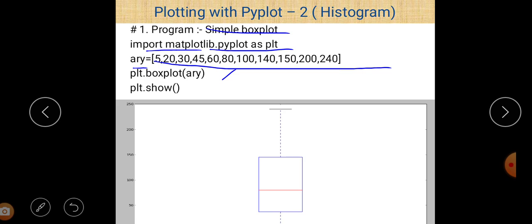So this is the default box plot, and other parameter values that are part of the boxplot method, default values are considered for that. And then plt.show is a method which basically shows the output on a screen. So this is our output after the execution of that program. You can easily see that is our output.